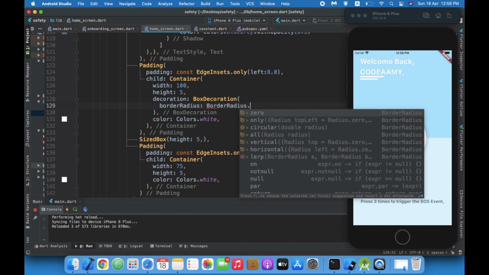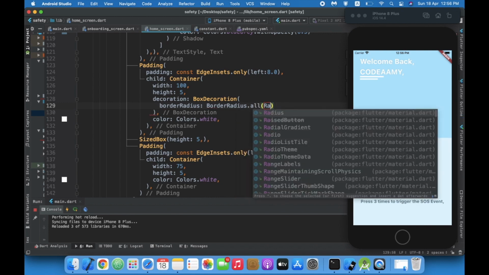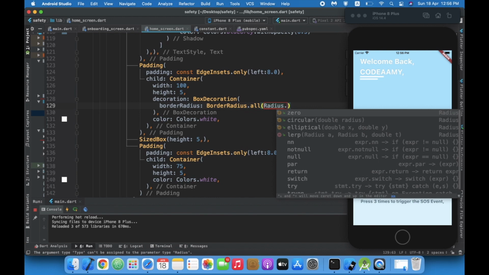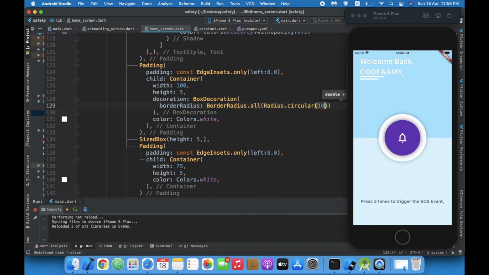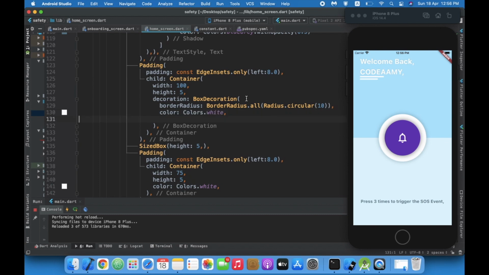Now we are giving the border radius to this so that we will have a bit of curve at the end. So all done, and I'll cut this. Okay, done.